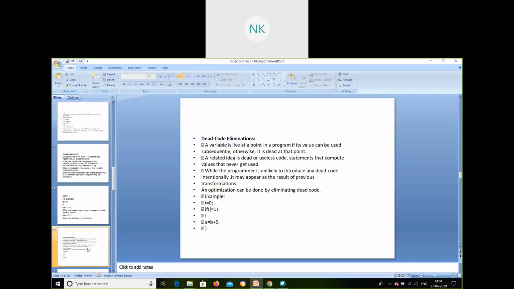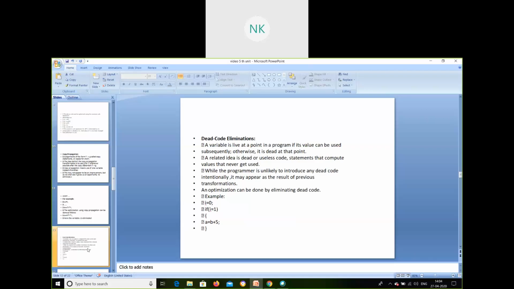In some blocks, expressions or some loops that you will not be using, but for namesake you create them, for example the if conditions that we give. In that case, if it's never going to be used, then we can eliminate it, and that is called dead code elimination.